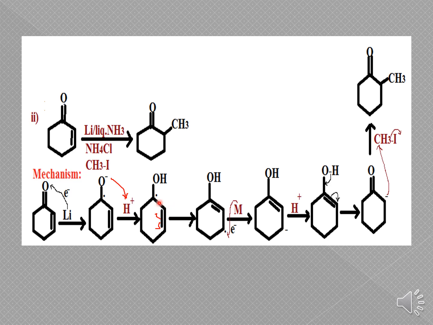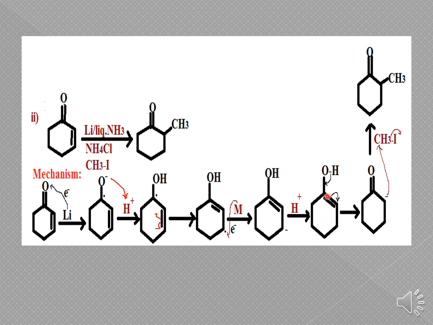So here you will have one radical, and that radical will combine with this radical. Okay, this radical will combine with this radical, and you will gain one bond towards this side. And you will have one radical over here after breaking. Again, if you treat it with the metal, that will lose one electron, and when it gives the electron, that radical will combine with the electron and you will gain the negative charge.